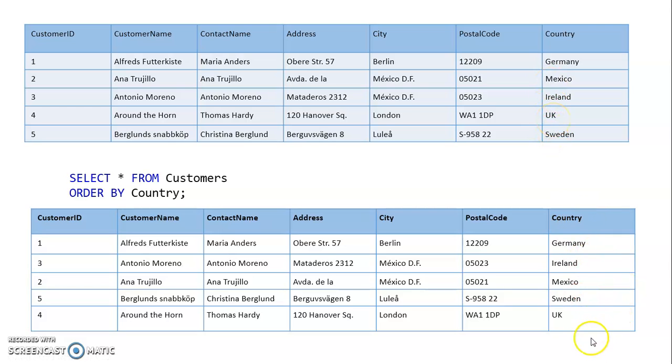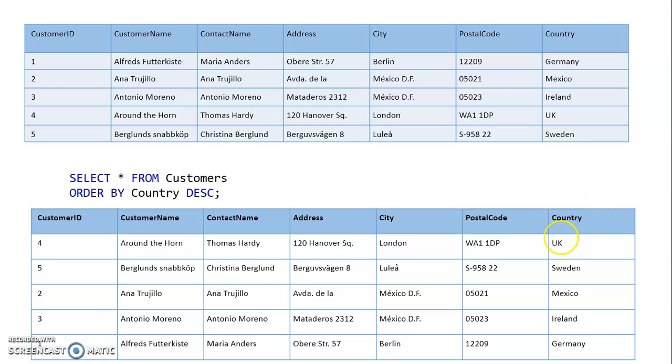And see here the result is sorted. So all the records will be sorted in ascending order of the last column, which is country. This is the example of the ORDER BY clause. We have not specified any order, so by default it is sorted in ascending order.